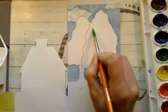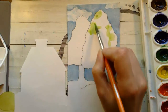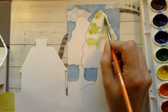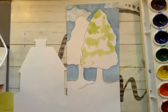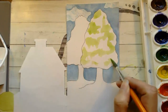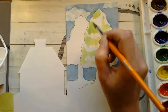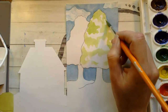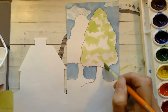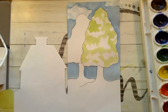Okay, so I'm just gonna go in here and paint in some areas of the tree. I'm not gonna paint the whole entire tree in using this. I'm just trying to create a little bit of depth in my painting by layering some colors here. So you can think about where the light would be hitting on the tree, probably along the edges and the top. And I'm just gonna go in and pop some color in. Okay, so that was really fast, pretty easy,